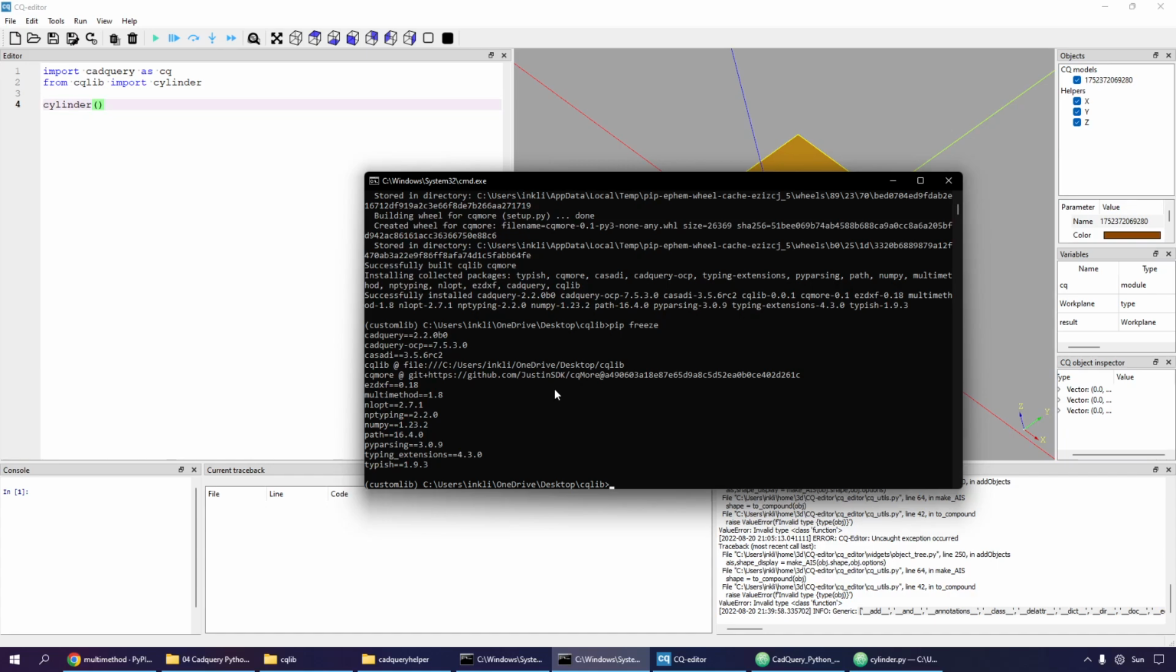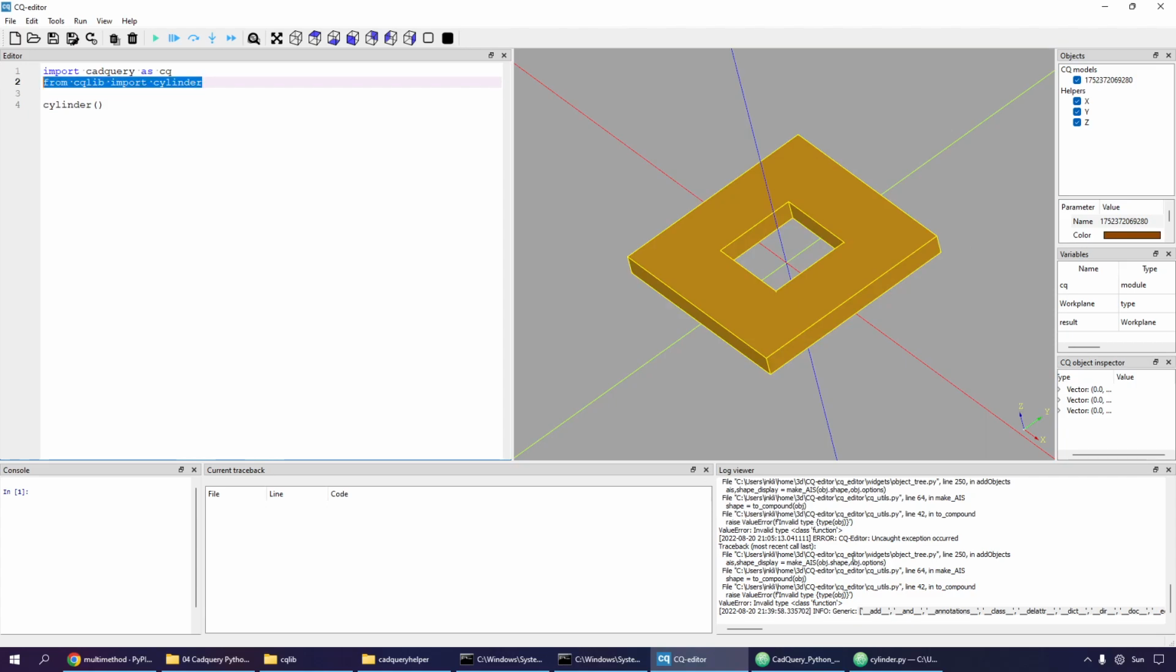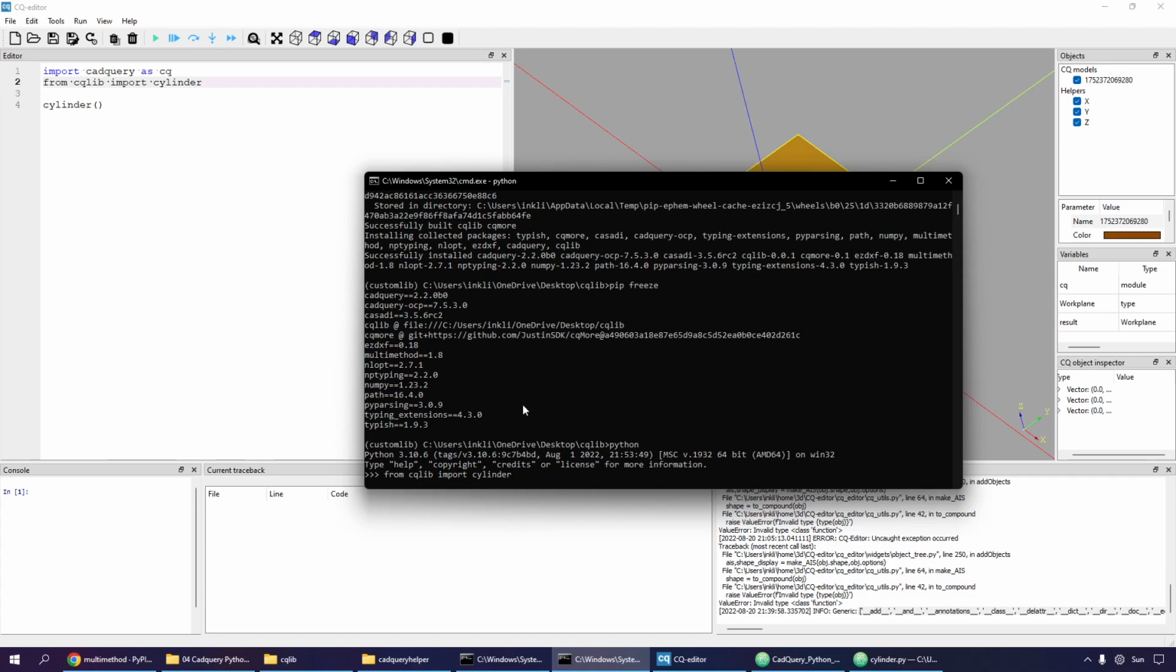So if I could go to Python, we can say from CQLib import cylinder. In theory, that should work. Yeah, and then we can invoke it. So we can say cylinder parentheses, and that should work. So I should be able to say,